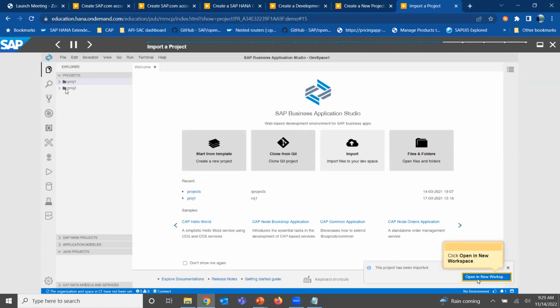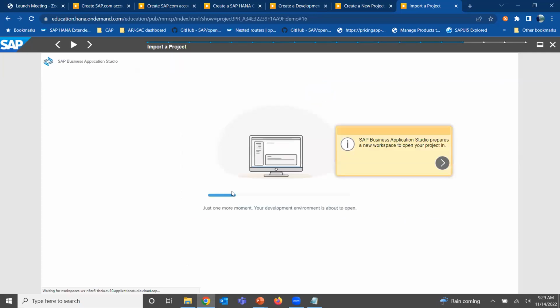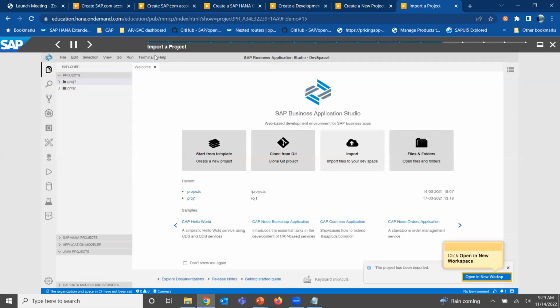Now we have another project, project 2, coming here. Once it is imported, it automatically says it has been imported. If you want to open this project separately in a new workspace, you can do that. So we just clicked on open in new workspace.